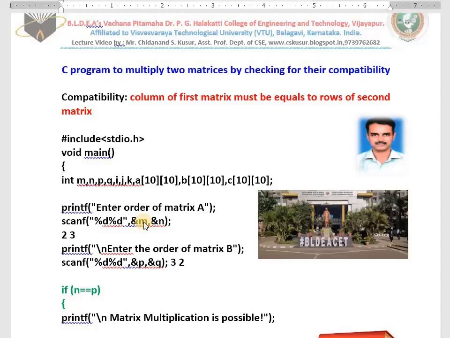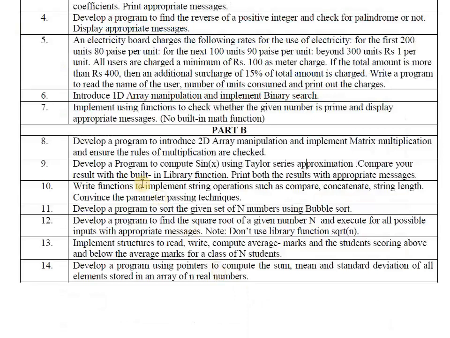In today's class, I teach you a very important C program, that is, a C program to multiply two matrices. This is really very important. You may get this question in the theory examination also, as well as the same program is there as an experiment in the computer programming lab. See here, in the CPL lab, in Part B, this is the first program.